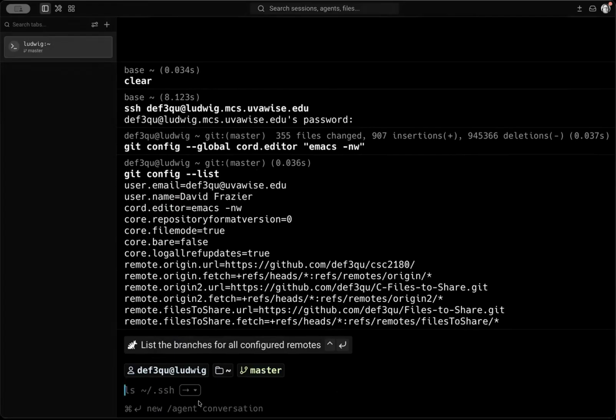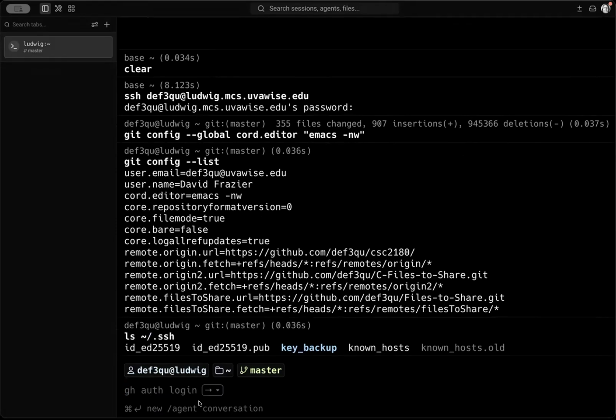Okay. So you can always check to see if you already have one by doing ls ~/.ssh. The tilde slash goes to your home directory, and you see if there's a .ssh folder. And it turns out that I have one. The id_ed25519 and then the same thing with .pub are the two that I need for this case. If you don't have these, you'll need to generate the keys. This is in the tutorial as well, but I'll type it in, but I don't want to do it again. So I can do ssh